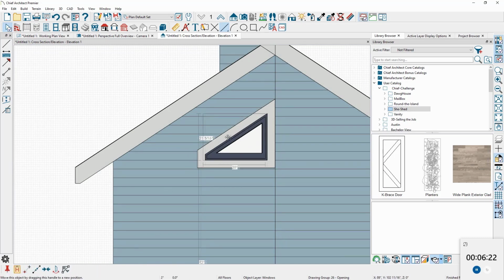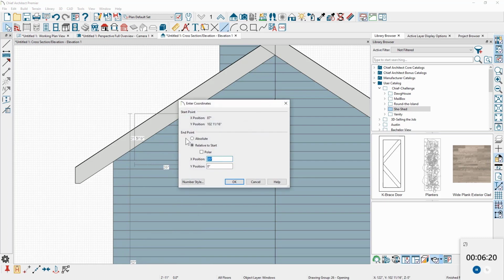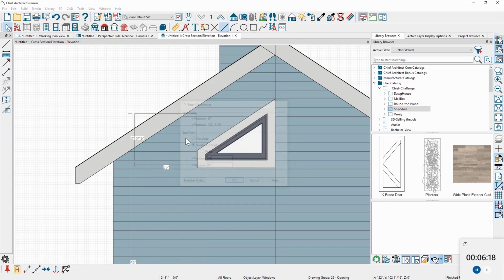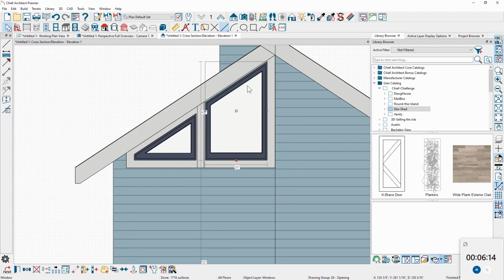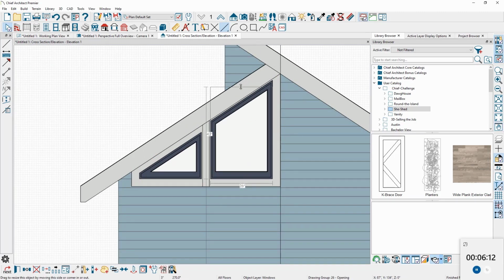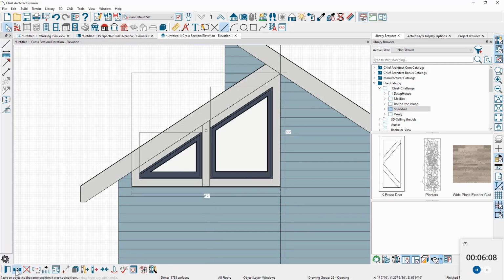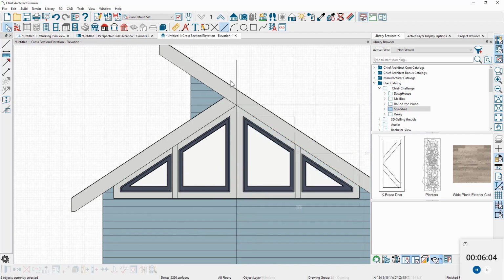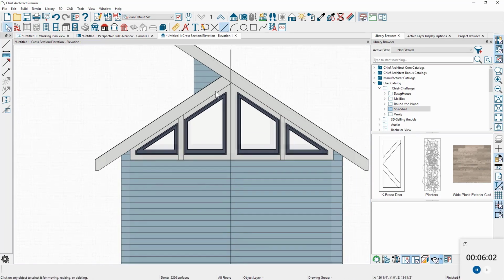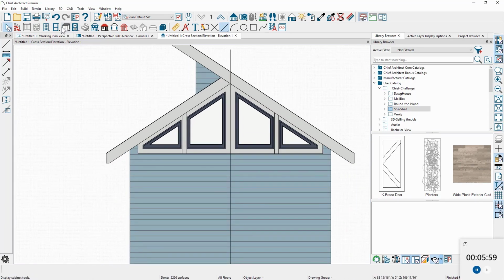So let's go ahead and slide a copy of it over, press the tab key. I like to do that quite a bit for exactness. And now all I need to do is pull this other window up a little bit lower than that. And now I can grab both of these windows, shift key, copy, and reflect about, pick up that line, pull both of those windows over, and now as we get ready to place the door, I come in to place it,